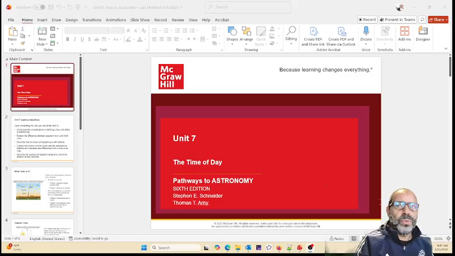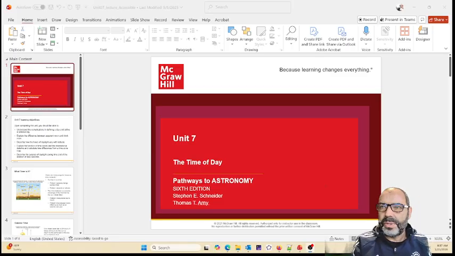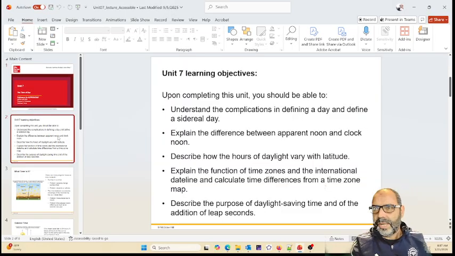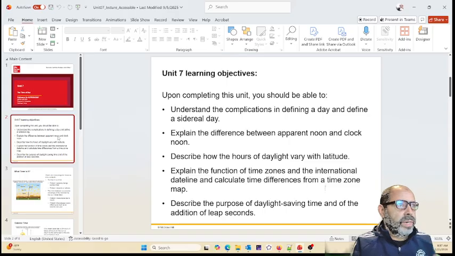Unit 7 deals with the time of the day, basically the hours and the difference between especially the sidereal day, which is the actual rotation of the Earth around itself, and also the so-called solar day because it's based on the position of the Sun in the sky. So what we're going to do in here,